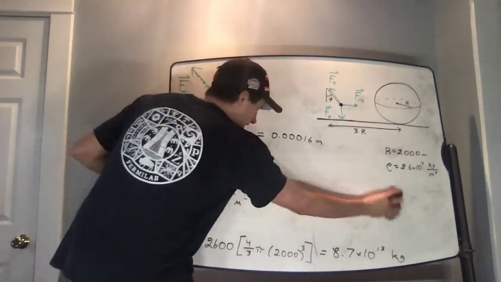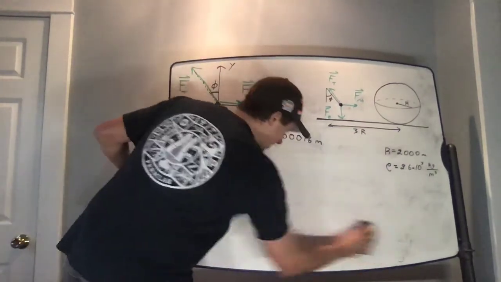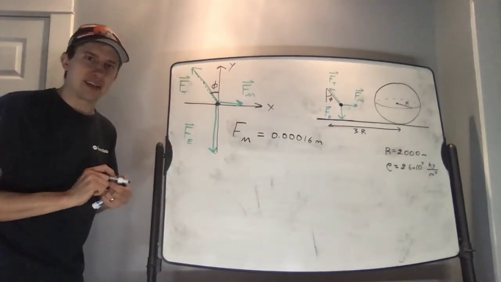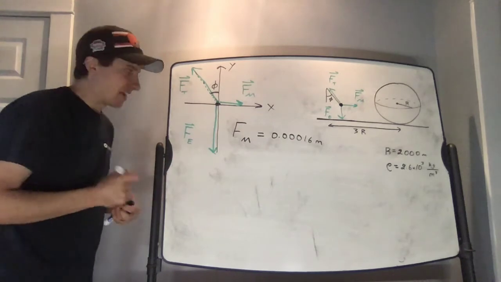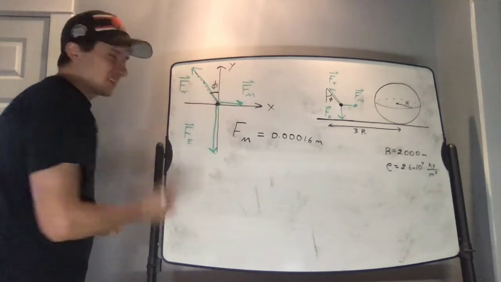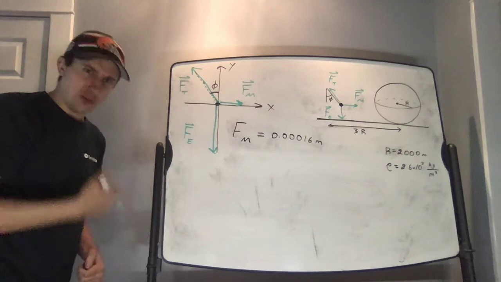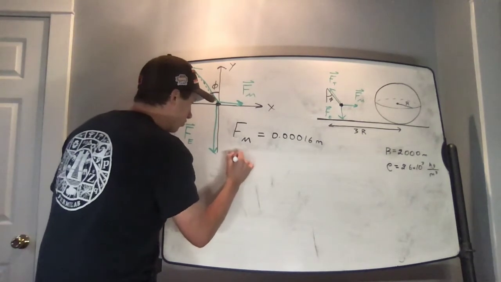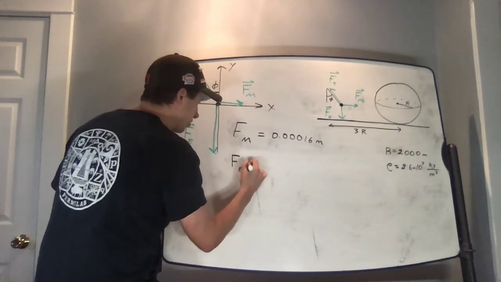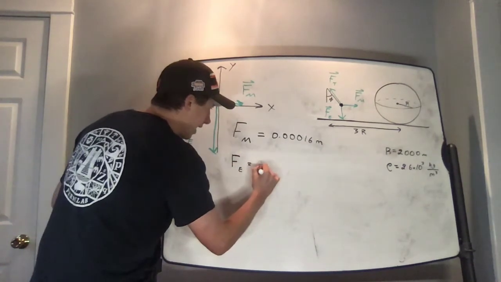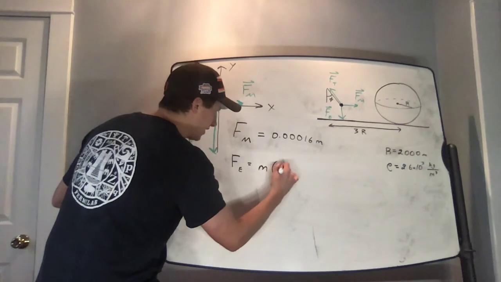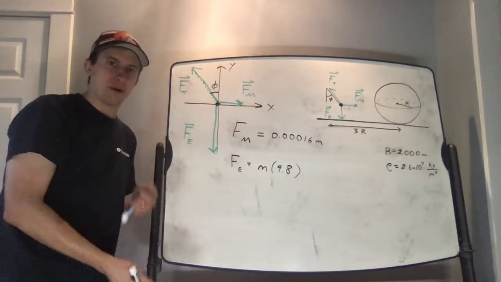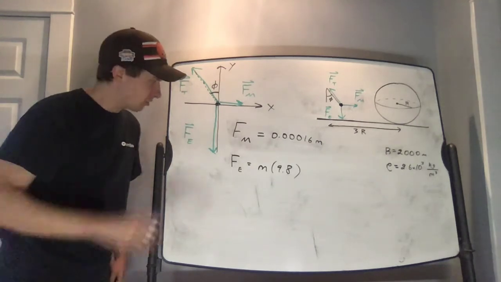Now, what can I say about the strength of the gravitational force of the Earth pulling down on that small mass? Well, this is going to be a lot easier. Because this small mass is relatively close to the surface of the Earth, I could write the force of the Earth pulling down on the small mass is going to be m times 9.8. 9.8 is the acceleration due to gravity when you're within a few kilometers of the surface of the Earth, and